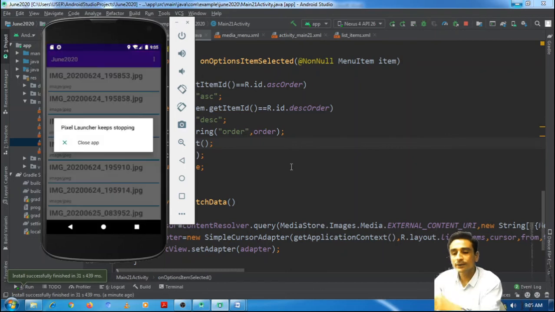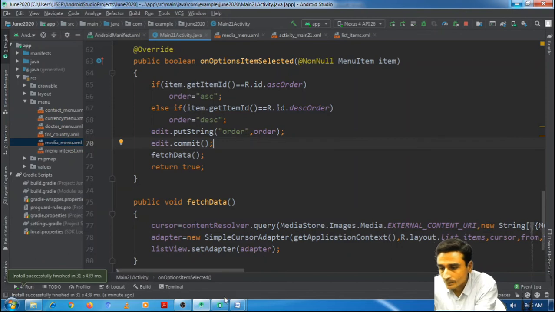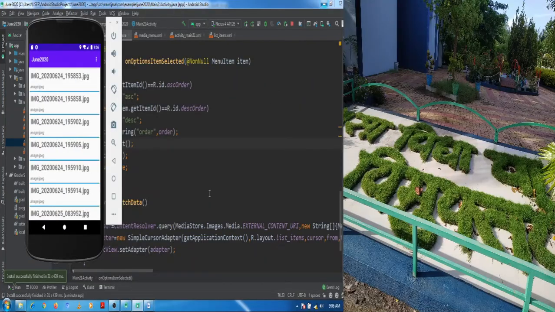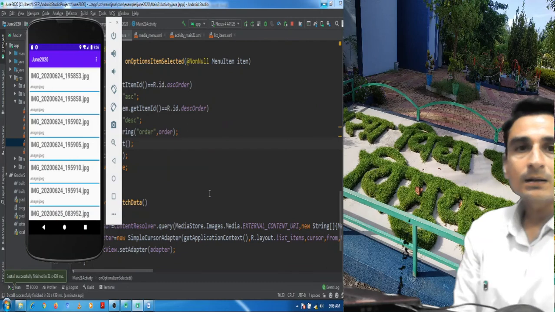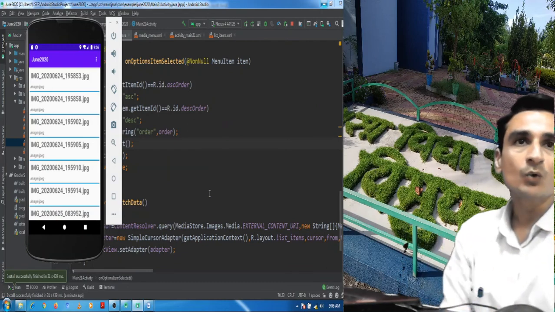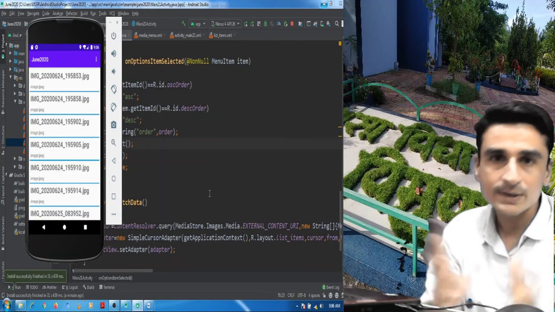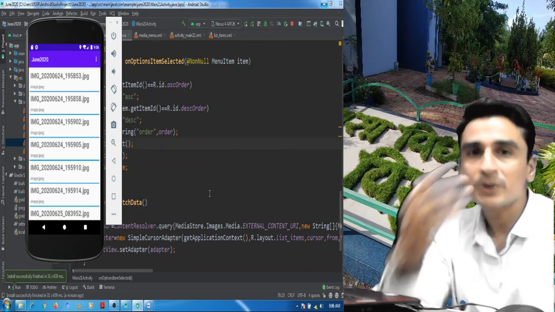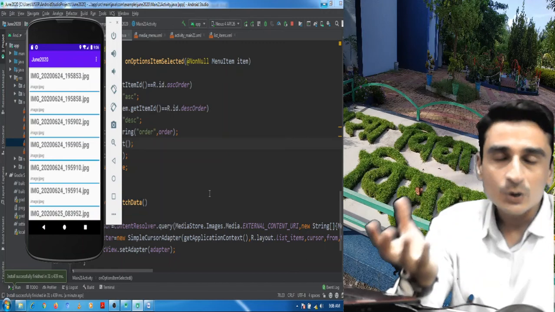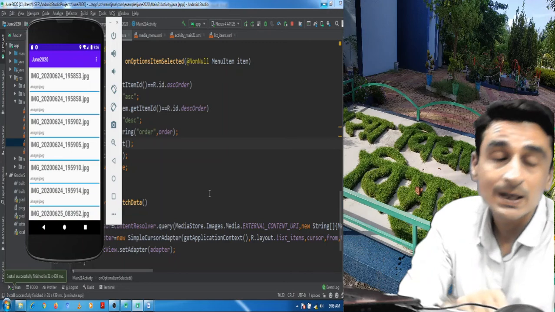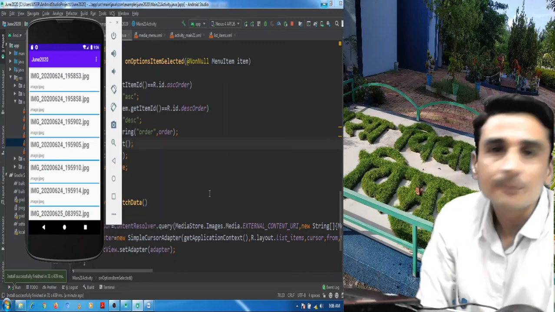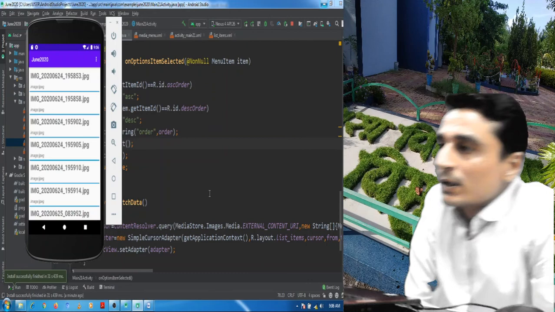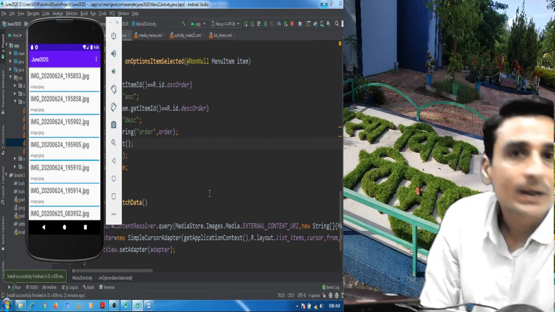See, in this manner we can build this type of application. The media store content provider can be used by us, and it is a very easy task. As I told you, once we have knowledge of content provider operations, we can easily use content providers and their operations. We just need its content URI, the names of the columns and its values. Otherwise it is very easy. So that was all about the media store content provider.